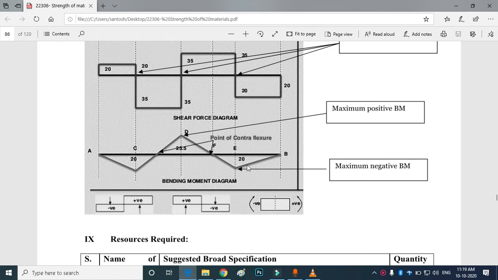when we go from B to A, the bending moment diagram initially was below this datum line, and it has moved upwards at this point where the bending moment is zero. So this point is called the point of contraflexure. Similarly, when there is zero shear in the shear force diagram, we call that point the point of contra